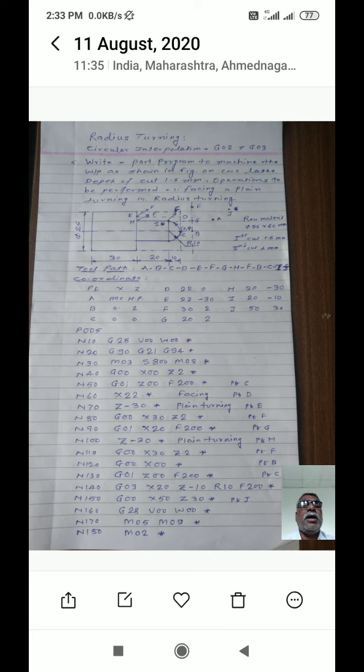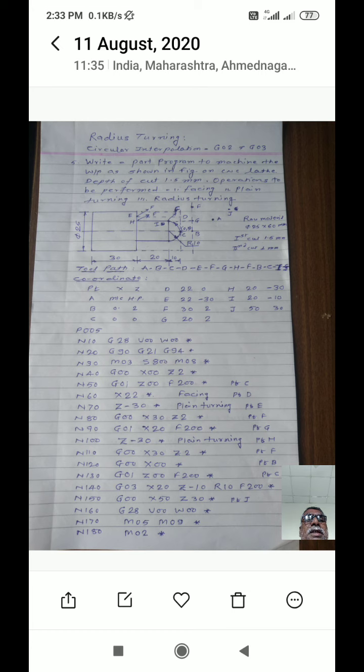After giving the cut of 1 millimeter, the diameter will be reduced by 2 millimeter, so you can achieve the diameter 20. So C to G, the actual distance is 10 millimeter.